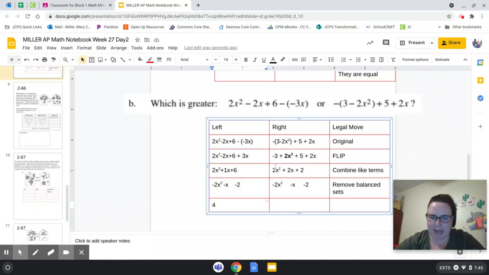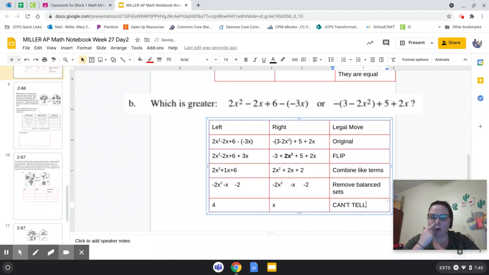On the right side, I had 2x squared, took away that 2x squared, so that's gone. I have 2x, so I subtracted an x. So I'm left with x. And then 2 minus 2 is 0. So I still cannot tell